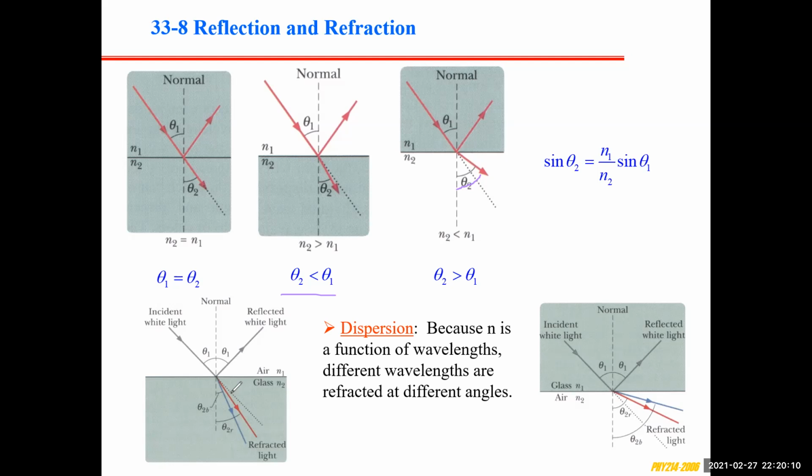We find that the blue color is actually toward the normal, and the red is away from the normal, meaning that blue, the wavelength, actually has a higher